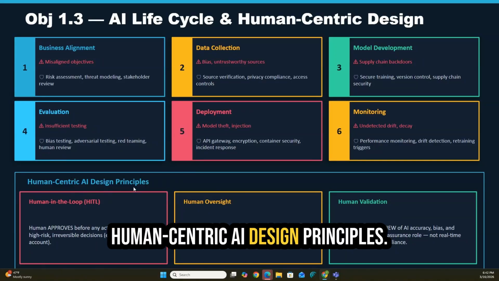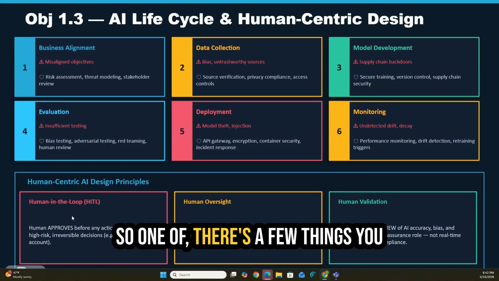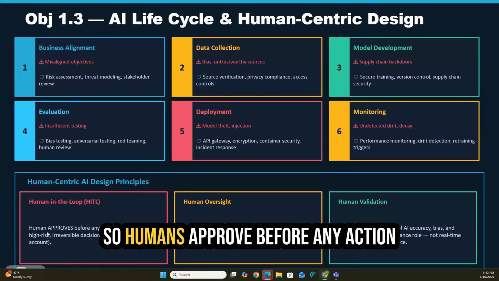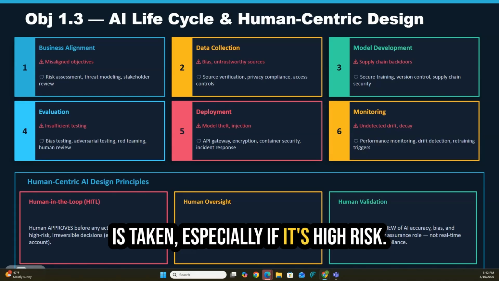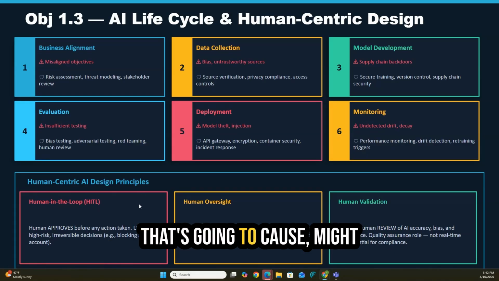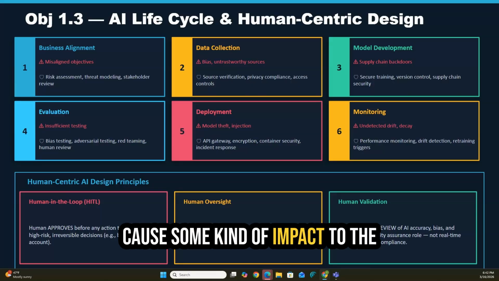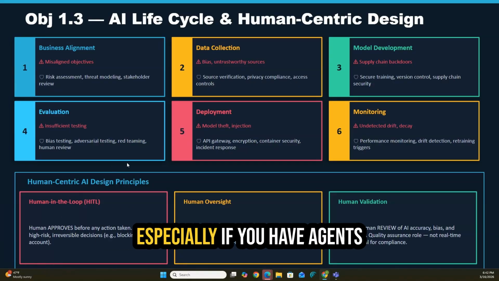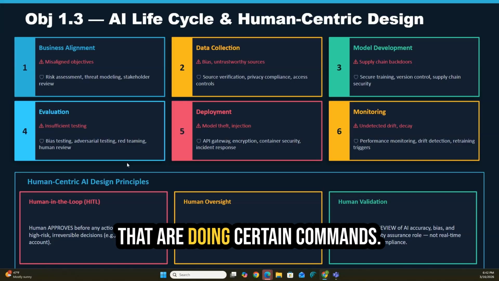Human-centric AI design principles. There are a few things you need to know about. Something called HITL, human in the loop. Humans approve before any action is taken, especially if it's high risk and if it's an irreversible decision that might cause some kind of impact to the organization. You want to have somebody in the loop that approves it, especially if you have agents that are doing certain